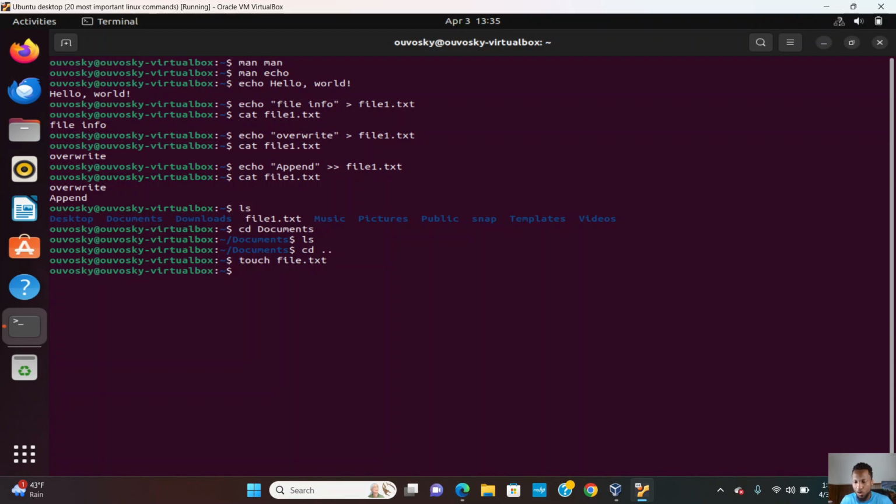If we want to see it from the home directory, we can use ls to see the files. As we can see, the file we just created. You can also create multiple files with the touch command. Let's check this. Touch, this time